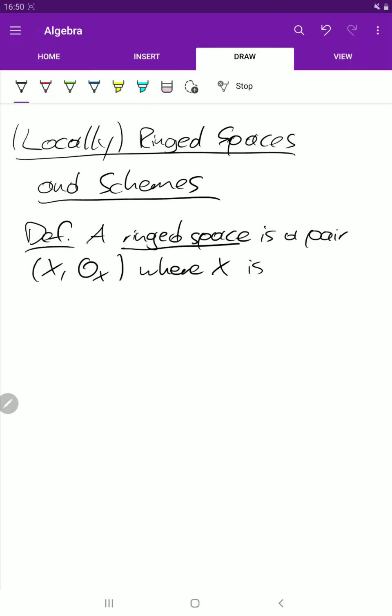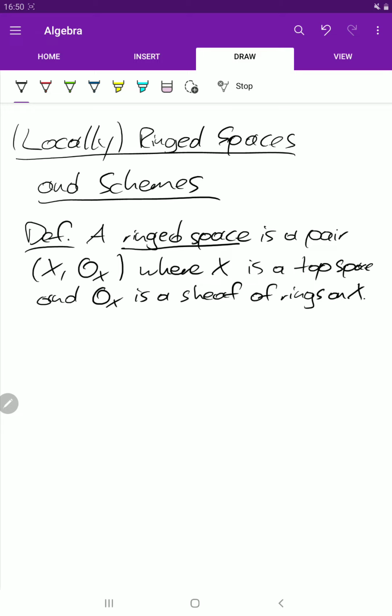So a ringed space. And O_X is just a sheaf of rings on X. And we'll usually call it a structure sheaf on X.